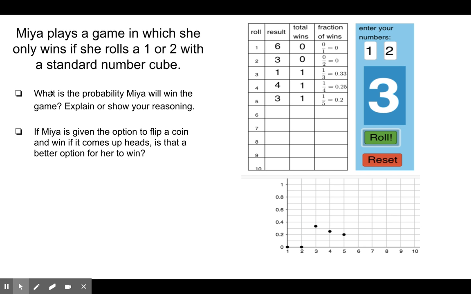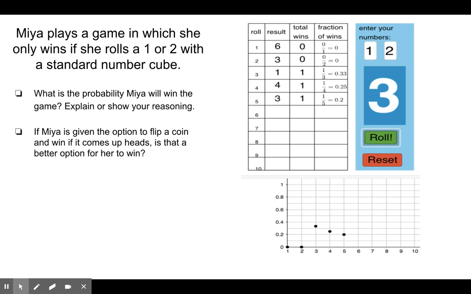So if I think about this problem when it says what is the probability that Maya will win the game, to explain her reasoning, well, a standard number cube has 6 options, but she can only win if she has a 1 or a 2. So that's 2 options out of the 6. If we simplify the fraction 2 over 6, that gives us 1/3, which means that she has a 33% chance